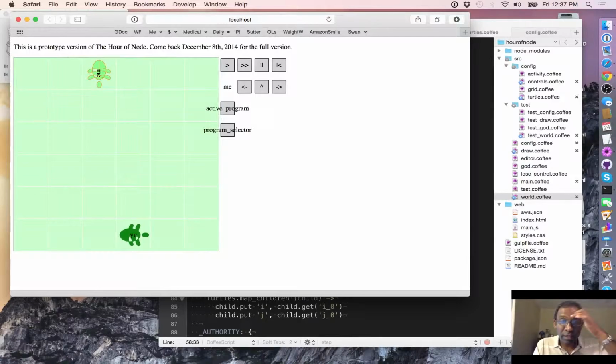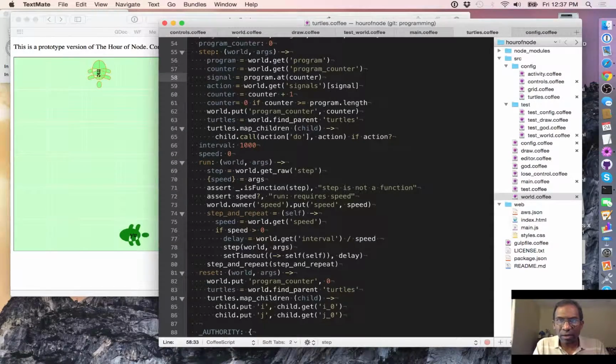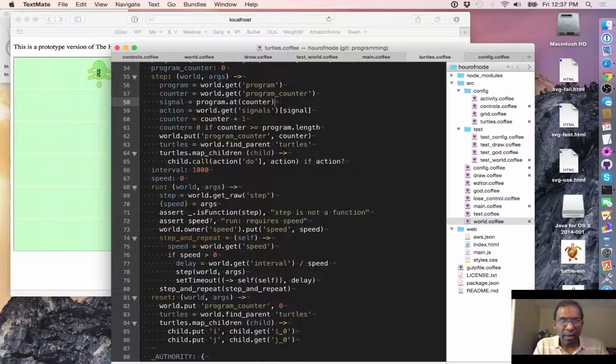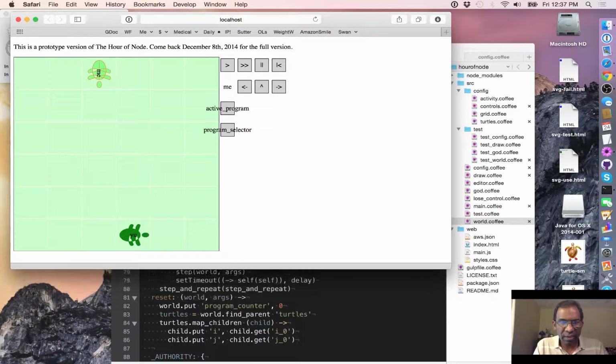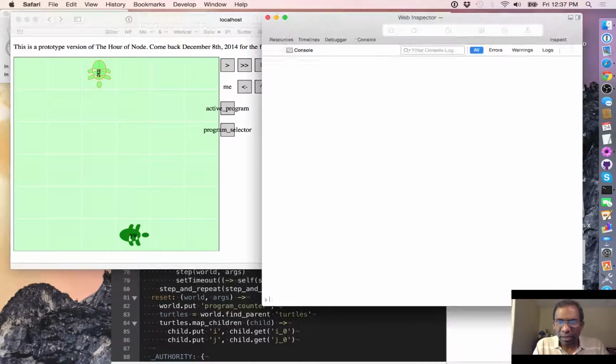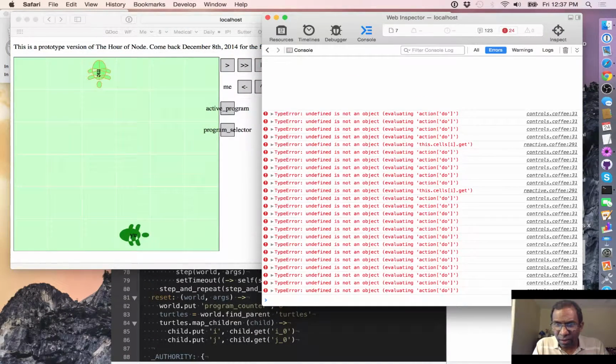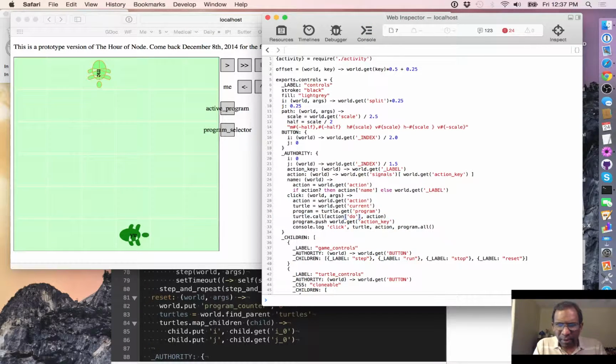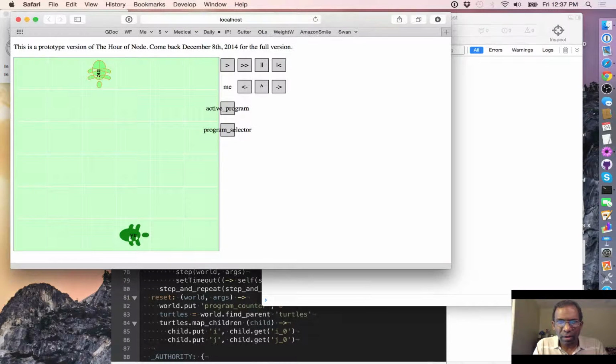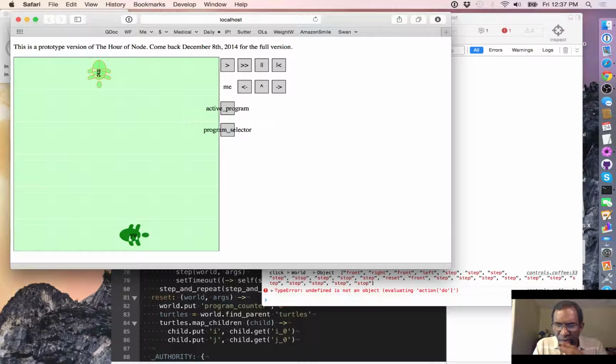Then the next two things we have to do are to actually get it to run and also get it to display the program again. So let's go back here. See, are we getting any errors? We're getting lots of errors. Okay. Our action command there is the clicking on the command. So why is that unhappy? Let's clear the console and see exactly what's generating that error here. When I click pause,